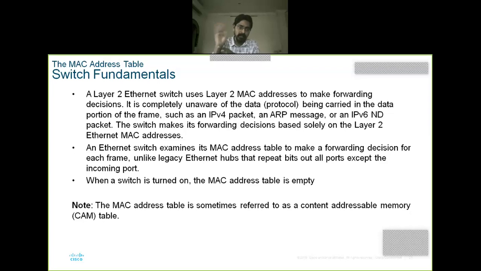In a similar fashion, the MAC address table is the table maintained by the switch. Whenever a system is connected to that switch, the switch grabs the MAC address of the system and stores it in its MAC address table with that port number.